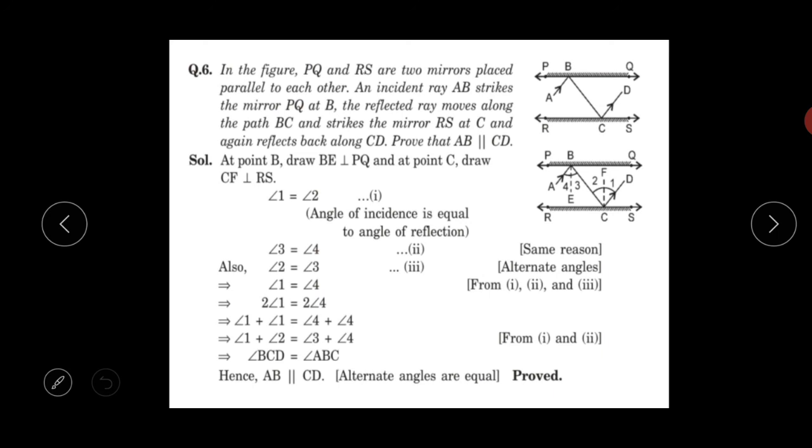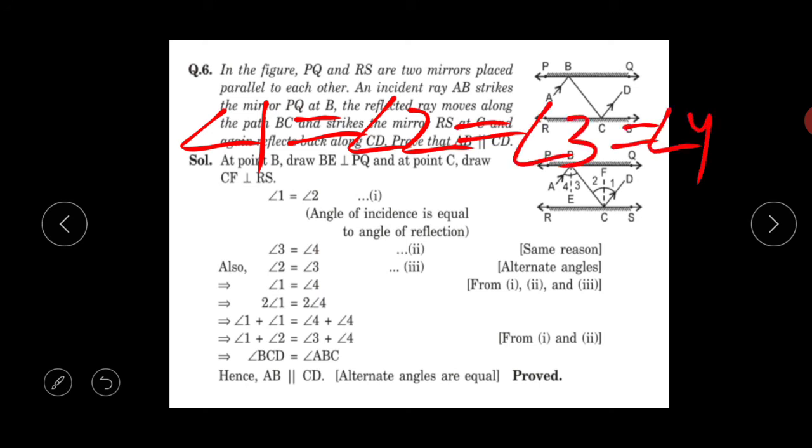So we are going to give names to these equations. This one is 1, this one is 2 and this one is 3. Student, when you see these equations that angle 1 is equal to angle 2, angle 2 is equal to angle 3, angle 3 is equal to angle 4, what you will get? You will get that angle 1 is equal to angle 2 is equal to angle 3 is equal to angle 4. These all angles are completely equal. From here you are going to follow the steps that I am going to write now. Now angle 1 is equal to angle 2 is equal to angle 3 is equal to angle 4.